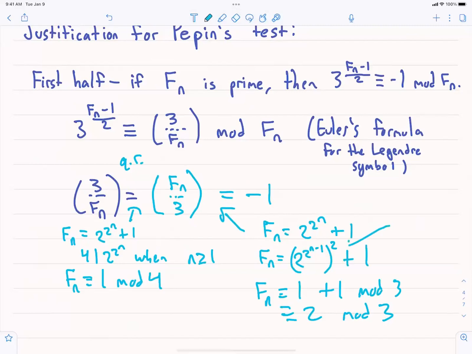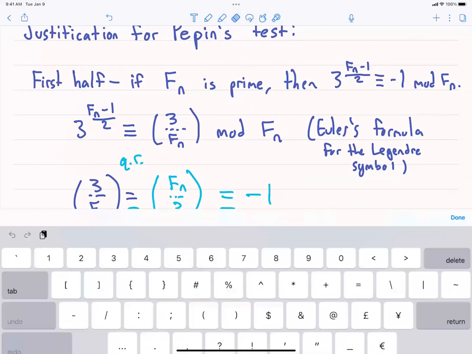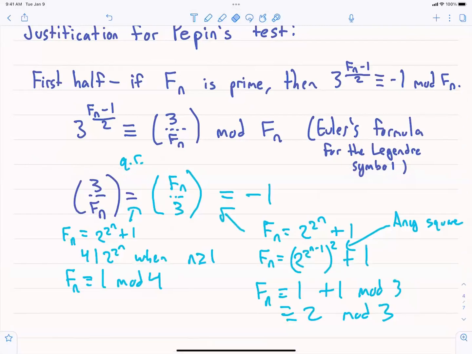So any square is something not divisible by 3. So any square in F3 cross is 1. So F3 is very easy. If you square something non-zero, you get 1. So 1 squared is 1 and 2 squared is 1. So since this is written as squaring something, it's going to be 1,